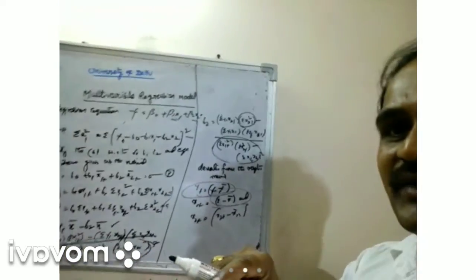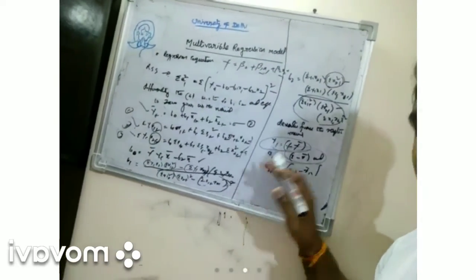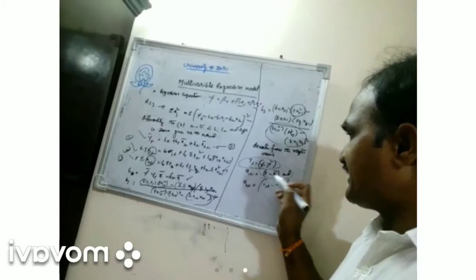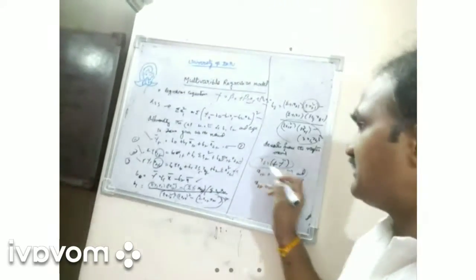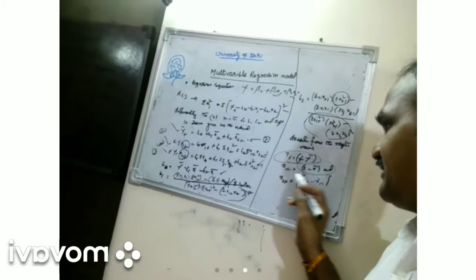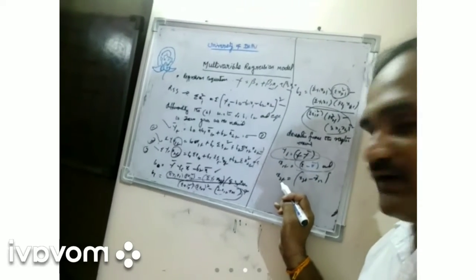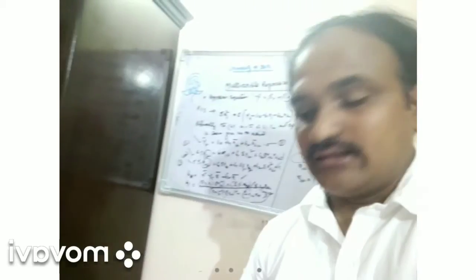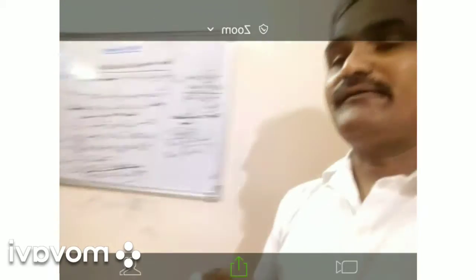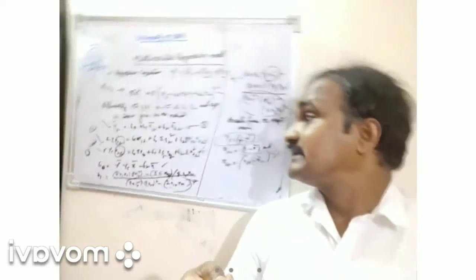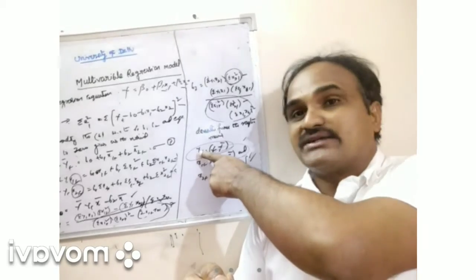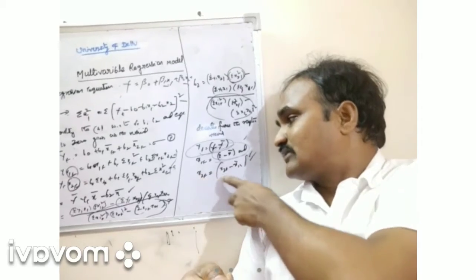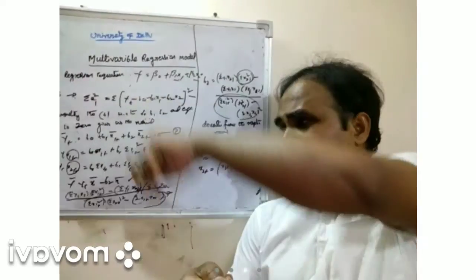So now you can understand this regression equation, the values of the parameters are the coefficients. In the estimation of the coefficients, one dependent variable is y minus y bar, another independent variable is x1 minus x1 bar, and another independent variable is x2 minus x2 bar. These are the estimations of the parameters. You must find out the entire process.